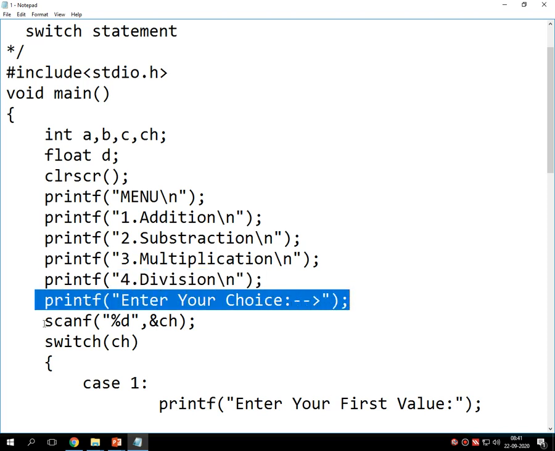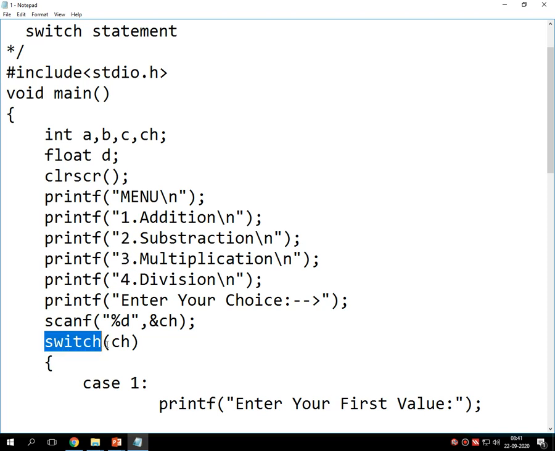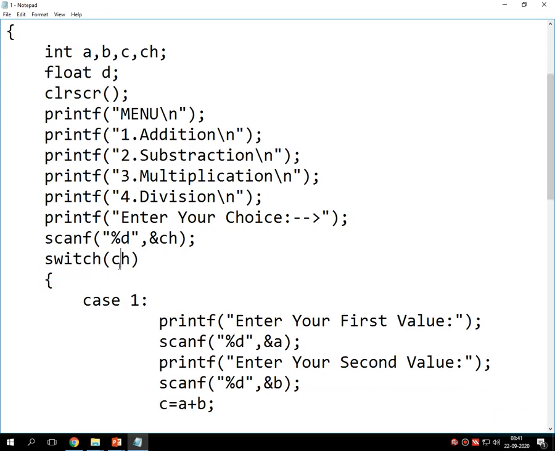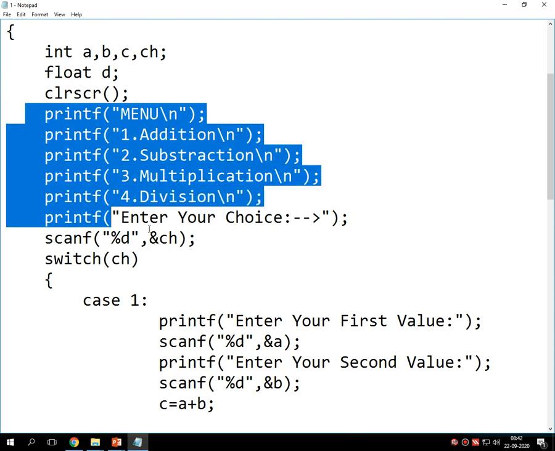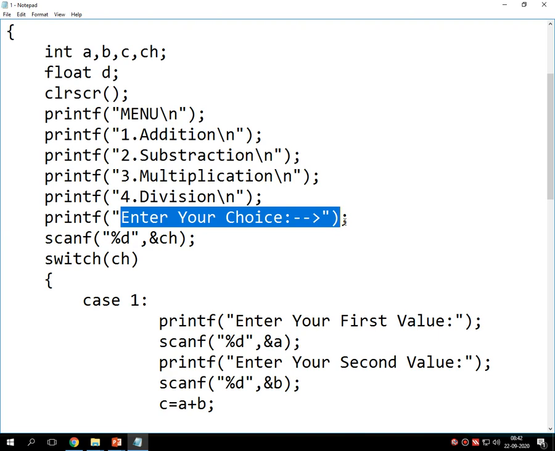Then scanf %d and ch, which reads the particular choice from the entire menu. Switch ch, which reads the particular choice. That means whenever I run the program, the menu will be displayed on the screen and the program waits at the moment called enter your choice.